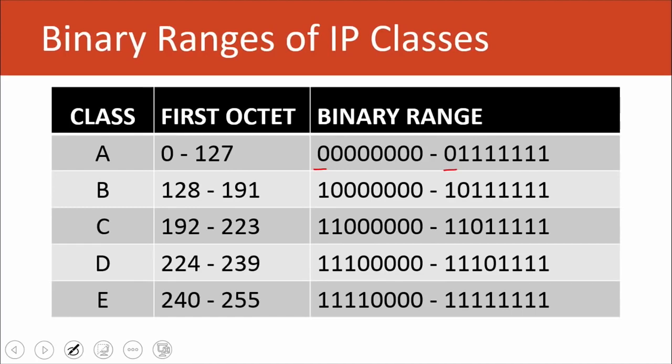128, we can subtract 128 from that, so there we go, right? But if we have 128, and then if we looked at that second digit, if there was a 1 there, that means that we would have 192. Well, the range only goes to 191. So what that means is that this second digit has to be 0. So just like we had the first digit for Class A addresses in the first octet had to be 0, the second one in Class B addresses